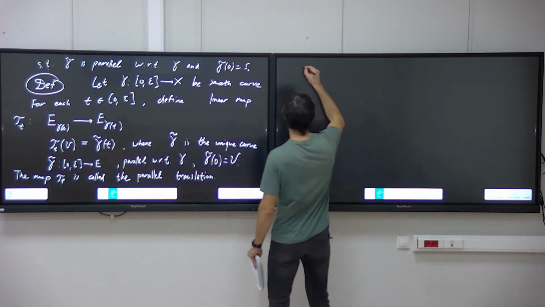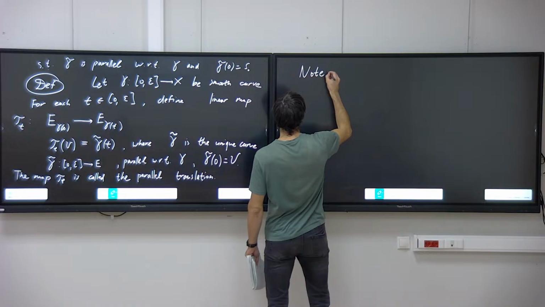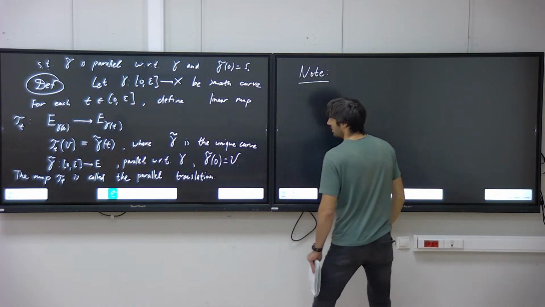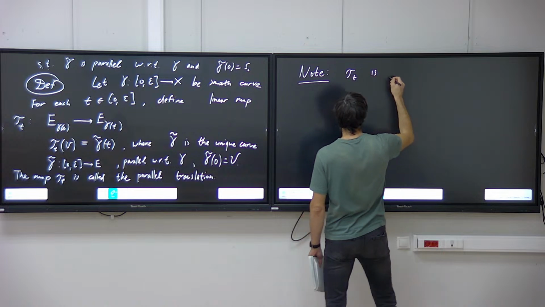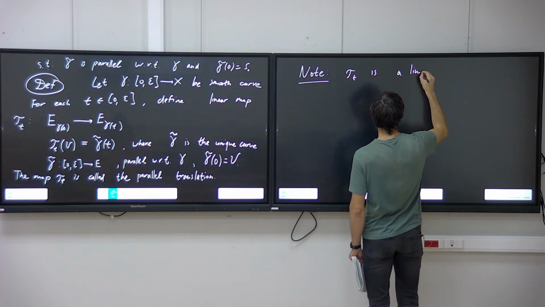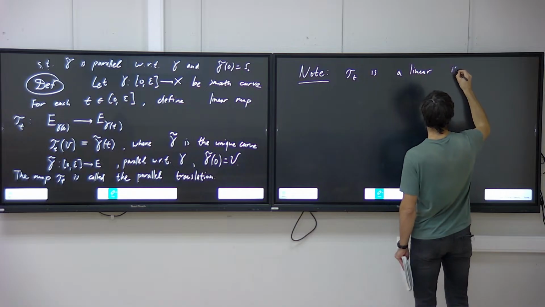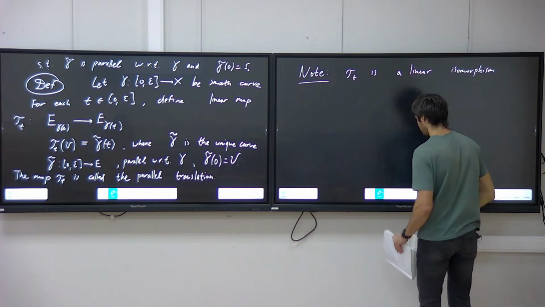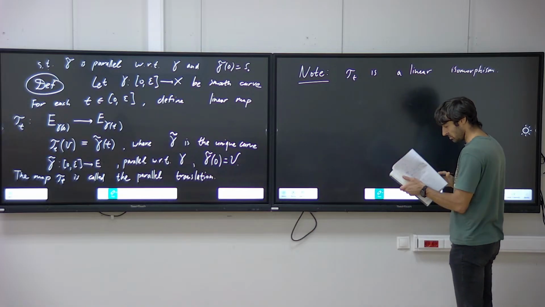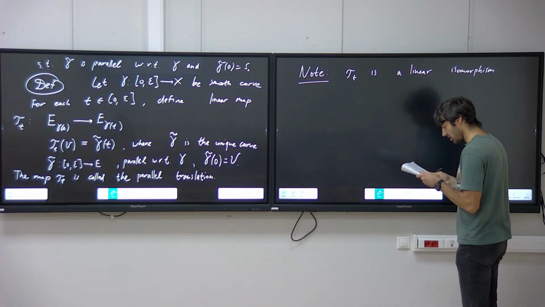So note: tau t is a linear isomorphism. Okay. Now,